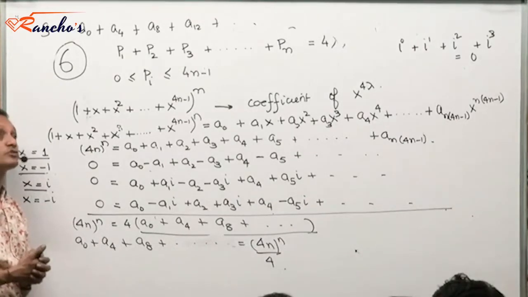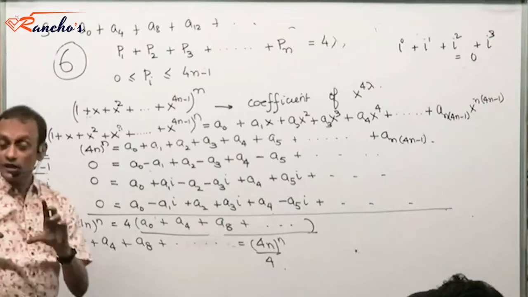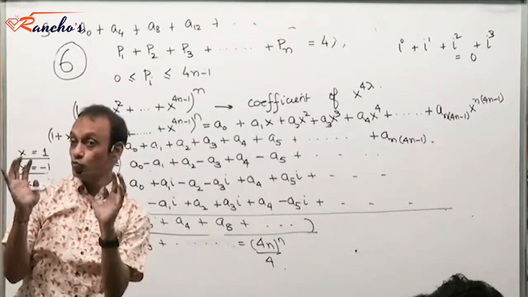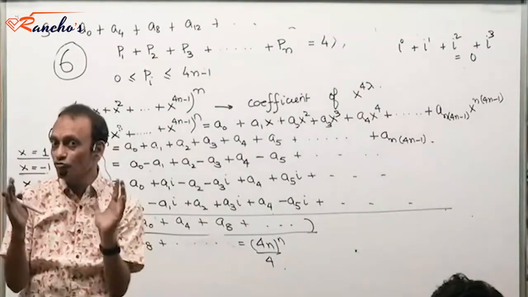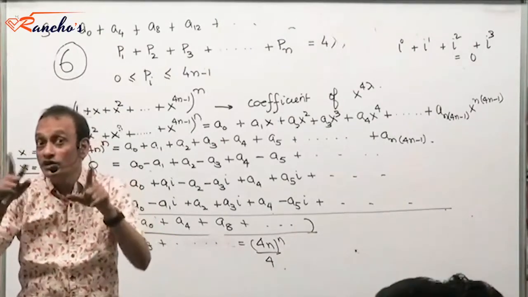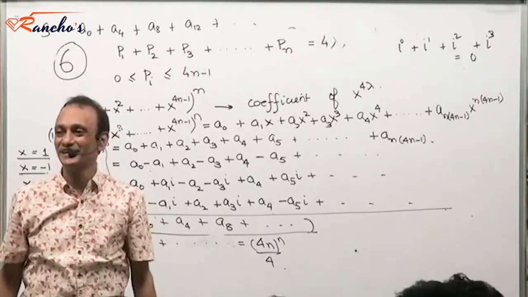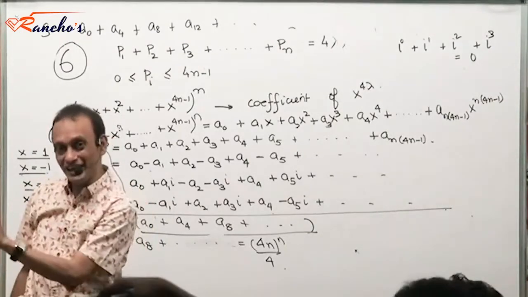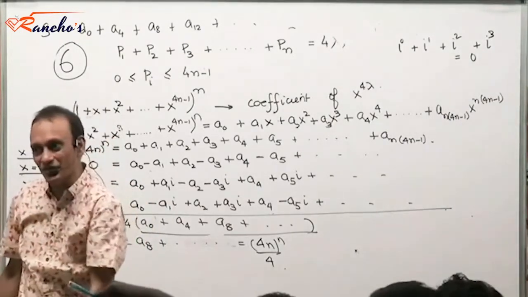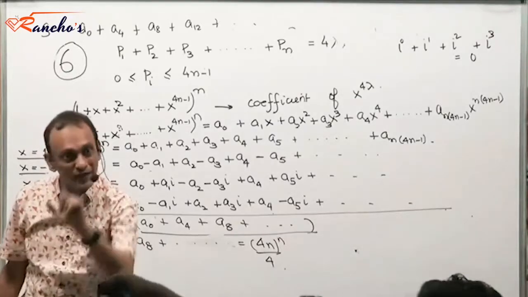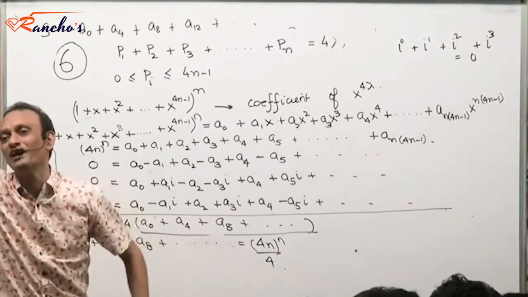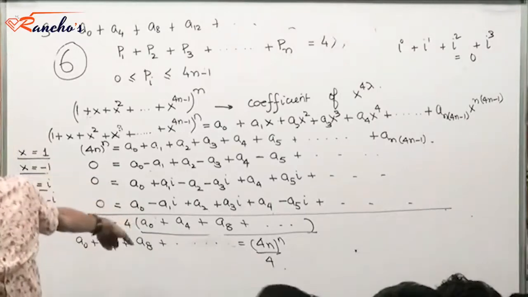In fact, yes. See, I'll tell you something. When it is about groups of 4, differences of 4, then x equal to i will work. When it is about differences of 3, omega will work. When it is about grouping 3, 1 plus omega plus omega squared is 0. 3 consecutive powers of omega will add up to 0. 4 consecutive powers of i will add up to 0. That's the premise for this.